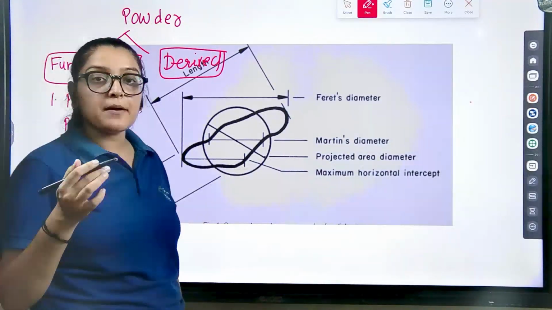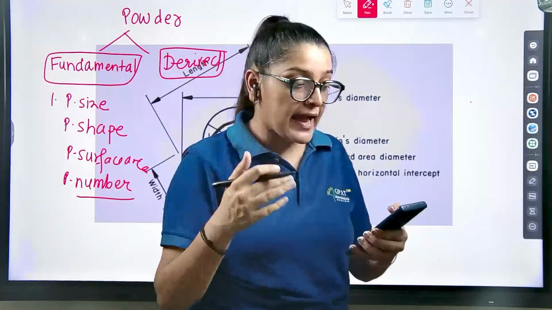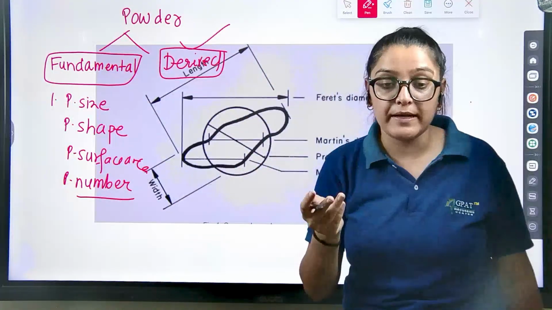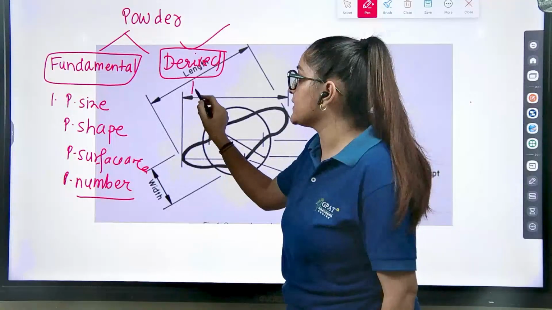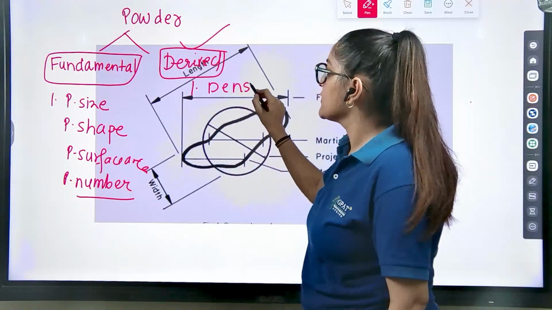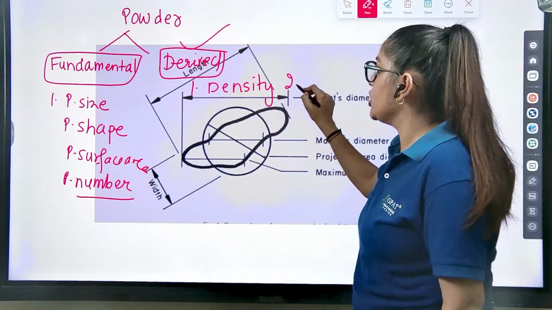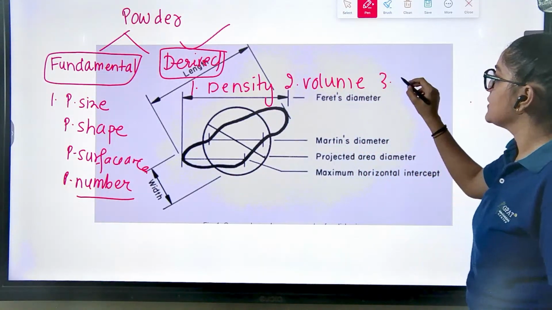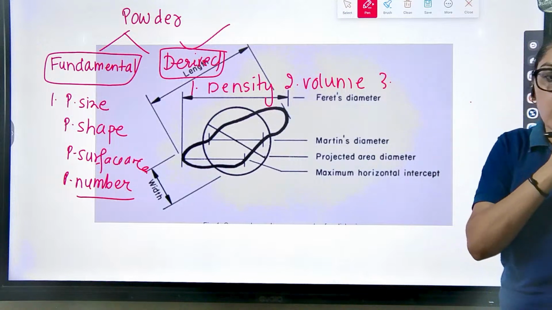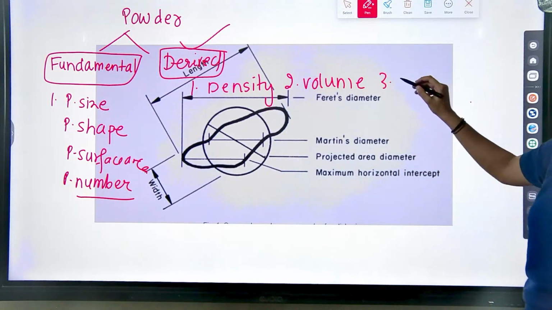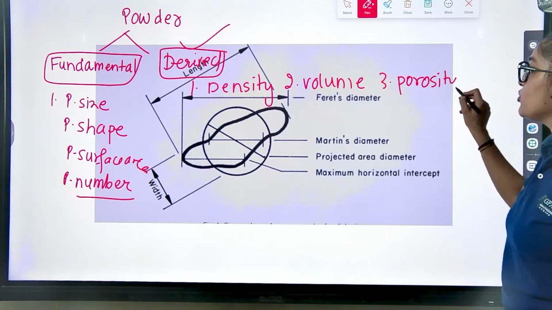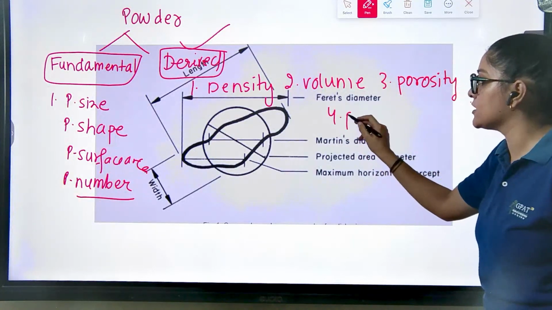From these fundamental properties, we can derive the properties which are known as derived properties. For example, we can derive density, volume, particle density, then we can derive porosity, that means void volume, flowability, nature of the particle flow,